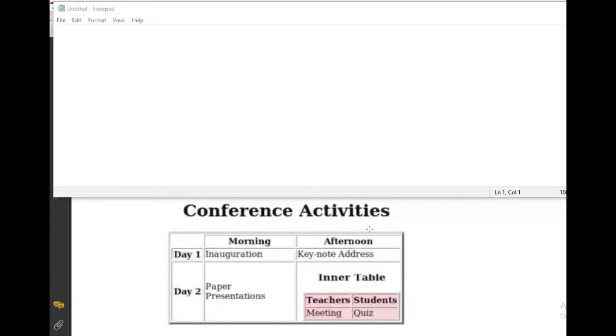So here the table heading is conference activity. So first of all, we are going to create HTML tag, head, title, table, nested table.